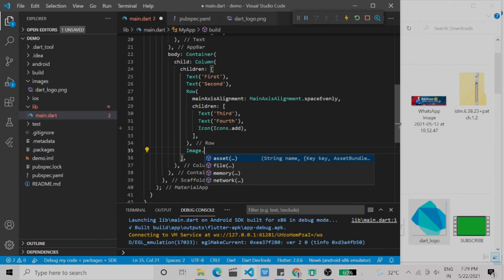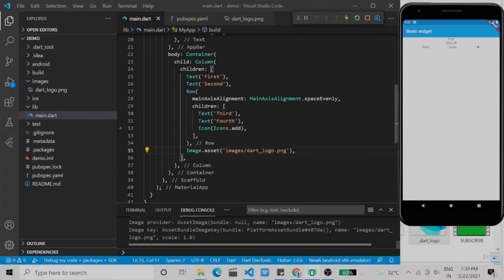You can see here image from file, memory and network. Now we are trying to get the image from our asset location, so I'm going with the asset option. Now give the image location. We have created the folder images slash and my image name dart underscore logo dot png. Now save it